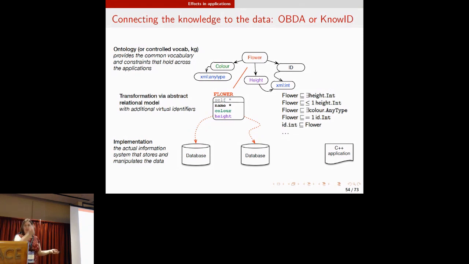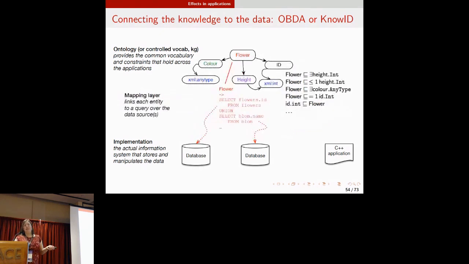And then you have this sequence so that if you use terms from the ontology, we know where exactly in the database it is. And we have automated algorithms for that. You can do that with the transformation. You can use ontology-based data access that uses a mapping layer. It doesn't matter. They're going to have the same problem with respect to the modeling,